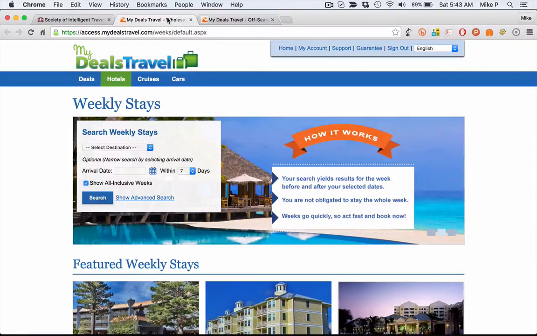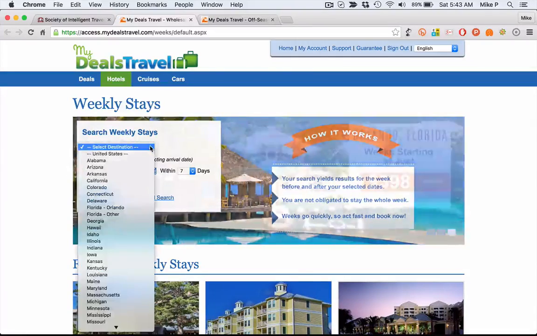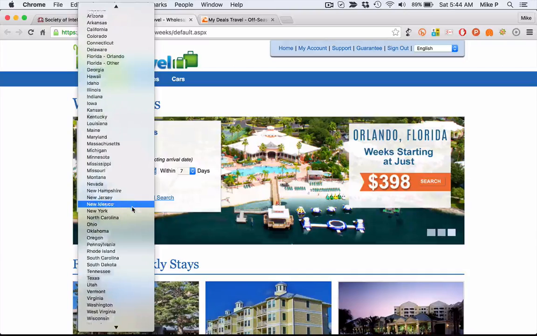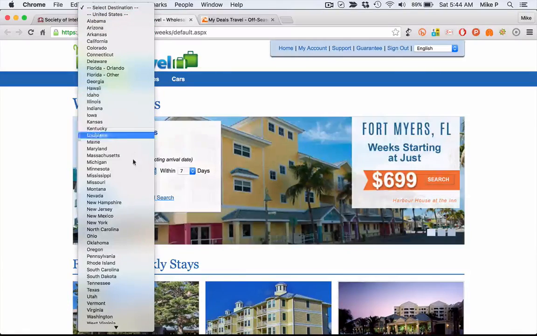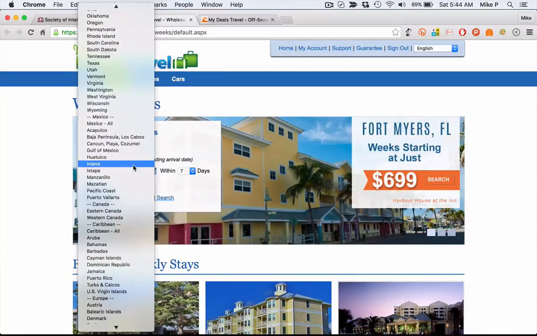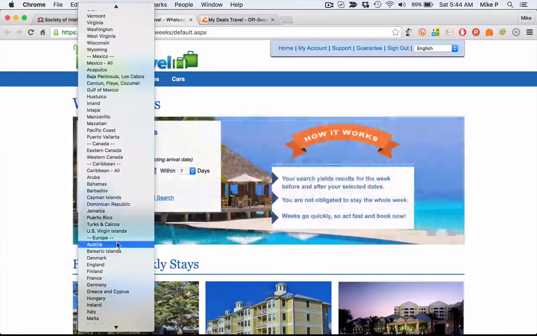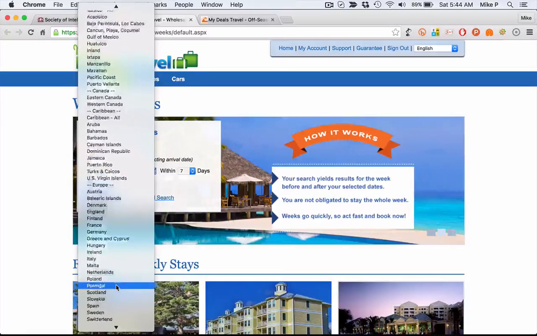Now, this content has a lot more weeks in it. The prices aren't as good, but they're still tremendous values, as you'll see. And the way the sorting works is you select the destination. So you'll see we've got the United States here. Then we have Mexico. There's a lot of resorts in Mexico, Canada, Caribbean, Europe, all the countries represented there in